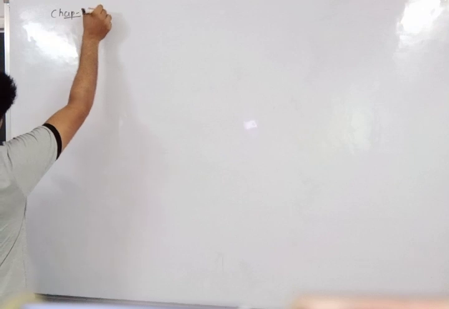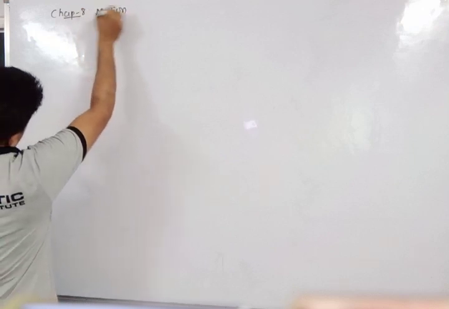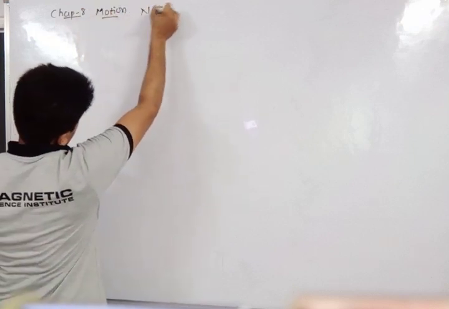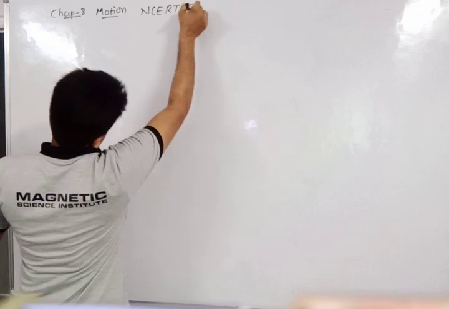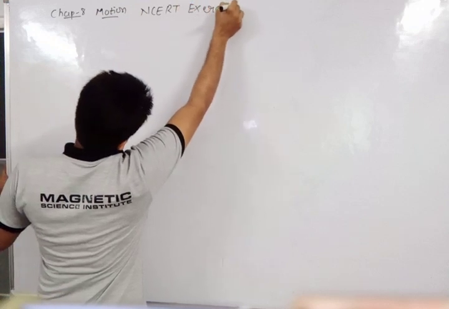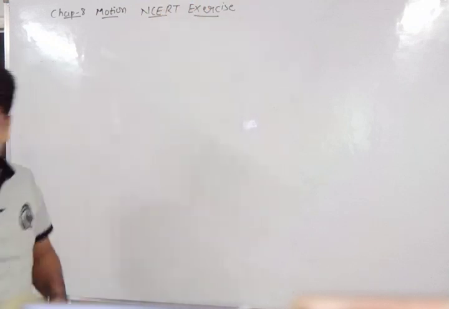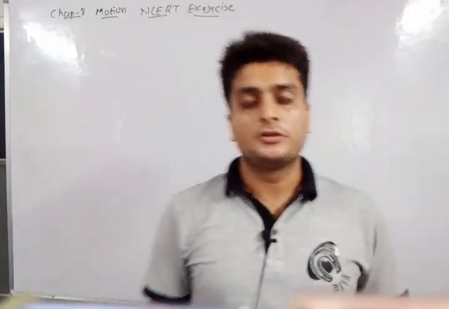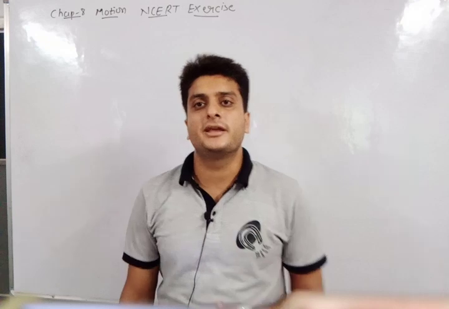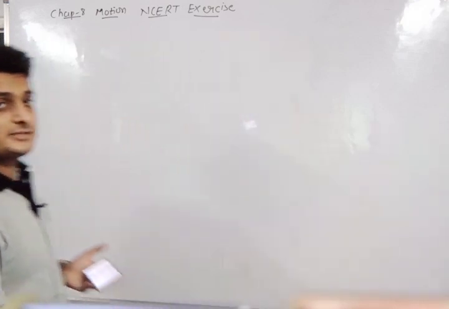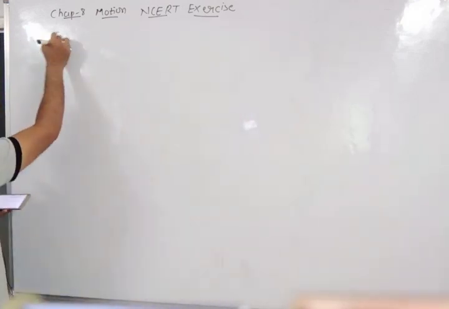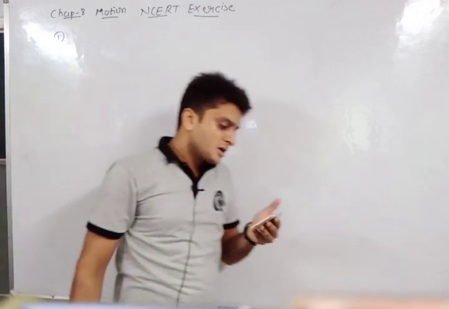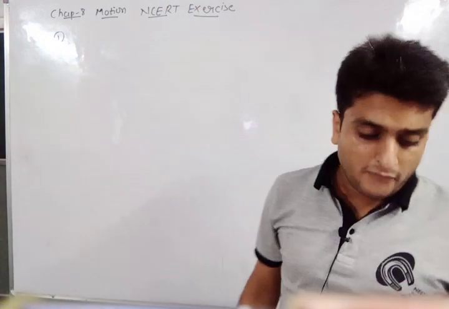Chapter 8, Motion, NCERT exercise. Just give me a second, I need to see the questions. Okay, so the first question from the NCERT exercise is: an athlete completes one round on